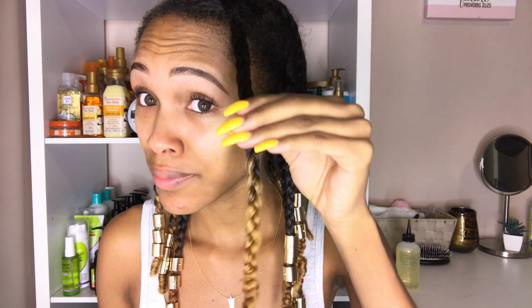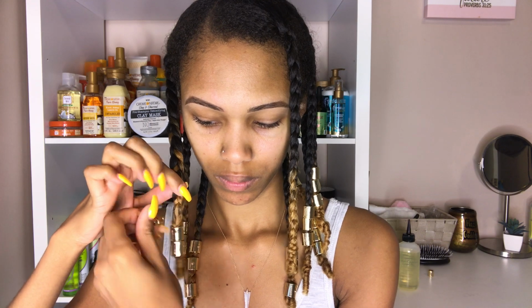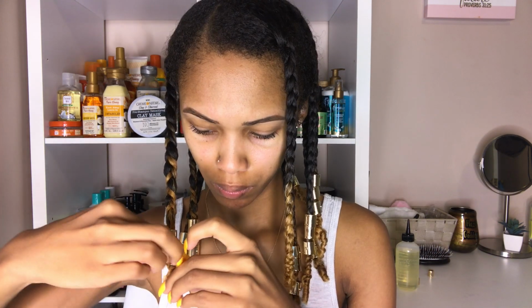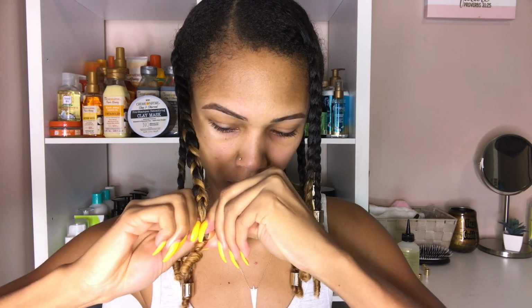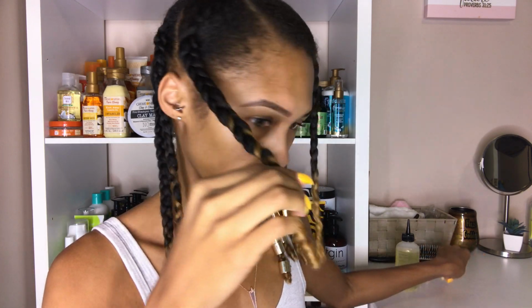Those little pointy things don't pull at your hair at all. Well, it didn't pull my hair, so you can see my braid is still nice and elongated, y'all. These things really defied shrinkage. So these are my braids, completely free of the hair weights, and as you can see, my hair is super